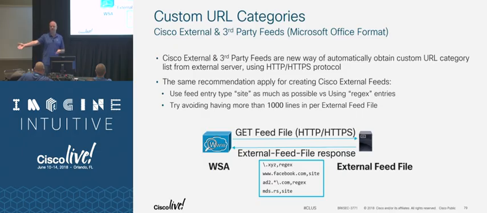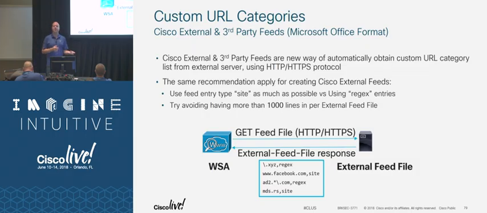So Microsoft Office 365 IP addresses. Everybody's using Office 365. Their IP addresses are changing all the time. They even have a feed that can do it. The WSA can pull that feed, use that in a custom category, and then make sure that that policy is allowed. Well, on the flip side, the customers have asked for